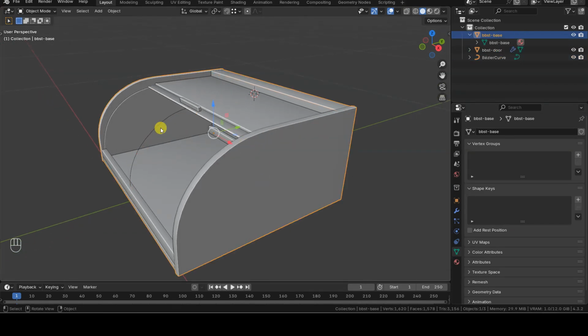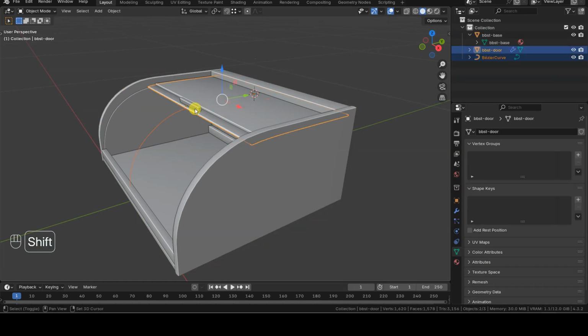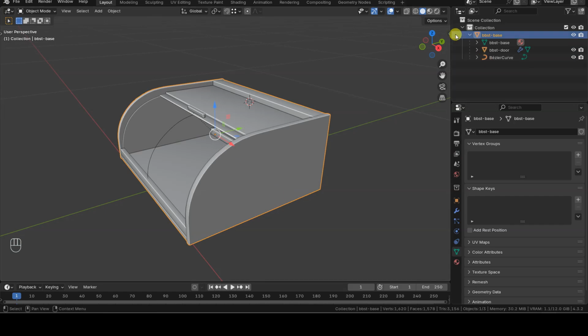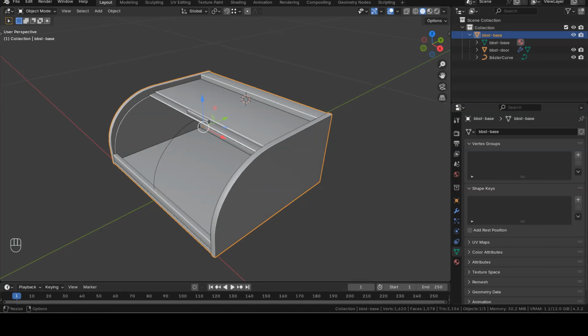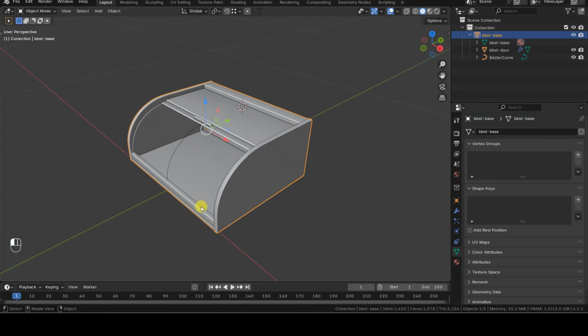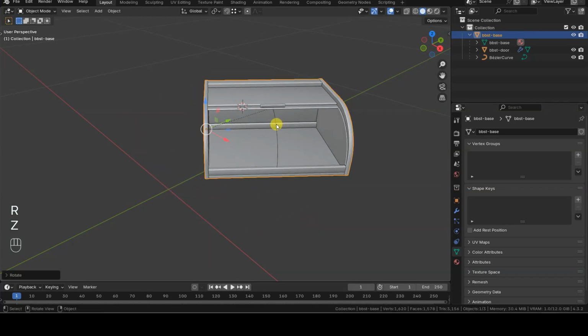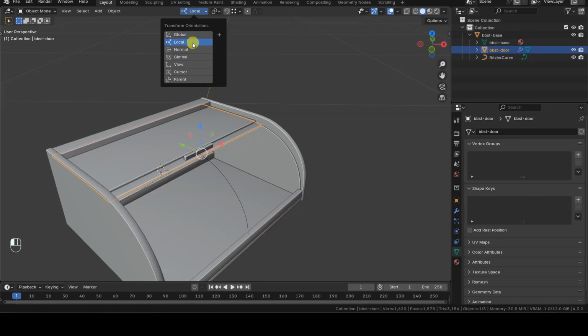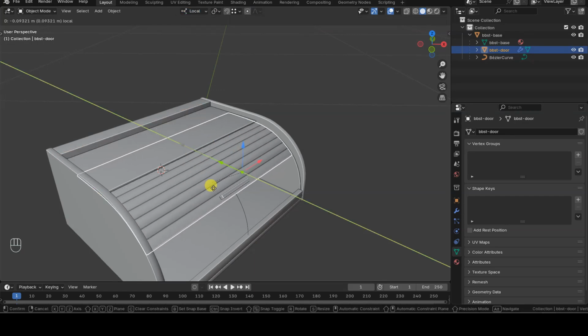Parenting or hierarchy is established by selecting all the objects to be linked in a multiple selection, making sure to select the parent object last, and then pressing Ctrl-P to create the parent relationship. I perform this operation with the 3 objects in the scene, selecting the container last. If I now rotate the parent object, the movement direction of the lid will no longer correspond to the global y-axis. To move the lid easily, I switch to local axis visualization in the header of the 3D view, allowing me to move the lid along its local y-axis.